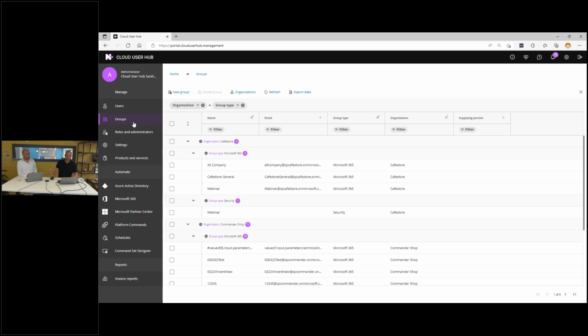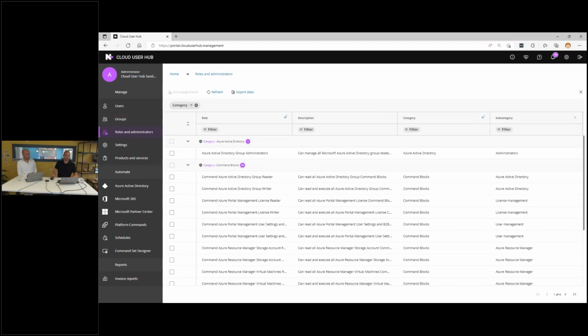One of the other things that is important is the authorization capability that I mentioned, so the fine-grained role-based access. You see that we have a lot of roles over here. This is very similar to how you can work with the Microsoft 365 roles, which, by the way, you can also manage with the Cloud User Hub. So you can also assign members to Microsoft 365 roles. Now, these roles give you very specific access for specific actions. So what I just mentioned, if you need access to groups and users only, then you can configure it as such.